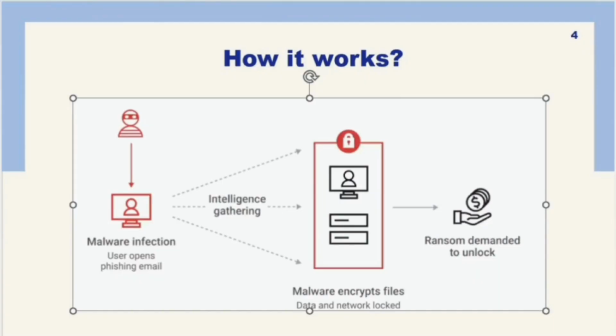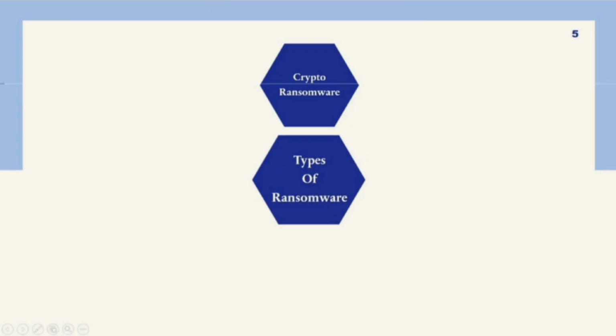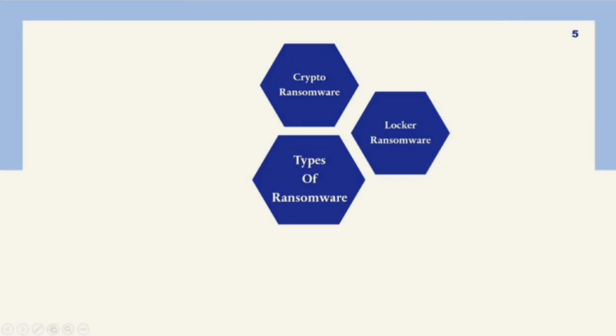So let's see the different types of ransomware. The first one is crypto ransomware. Here it locks your files by encrypting them, and after that you can still use your computer, but your data is completely locked and you will need a key to get it back. The second type is locker ransomware, and this one is more aggressive. It doesn't just lock your files, it locks your entire system. You won't be able to access your device, and your system becomes completely frozen until the ransom is paid.